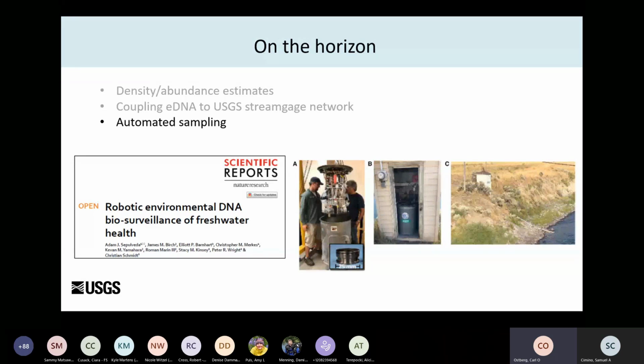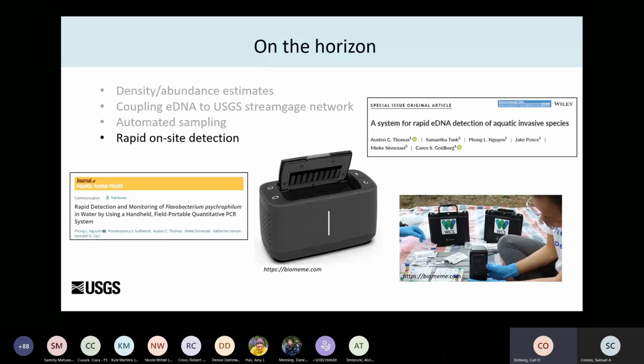And portable automated samplers could be moved around to strategic locations depending on the project. And rapid on-site detection currently exists, but it'll likely become more common as the need for results in real time increases, or as field biologists become more involved with